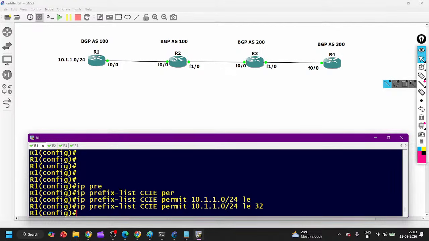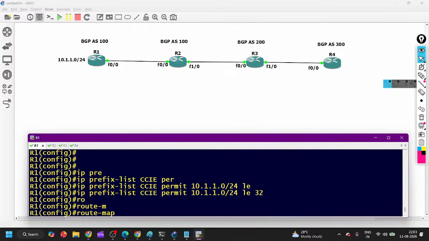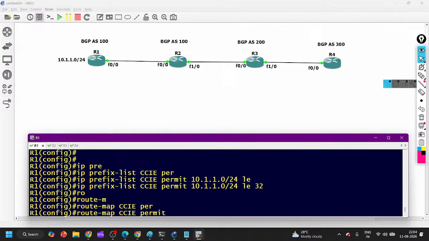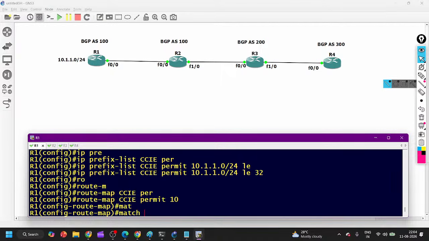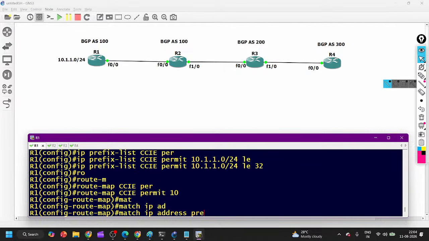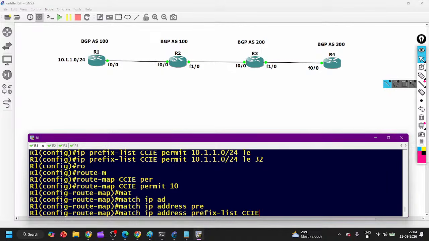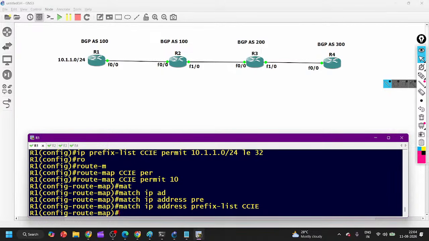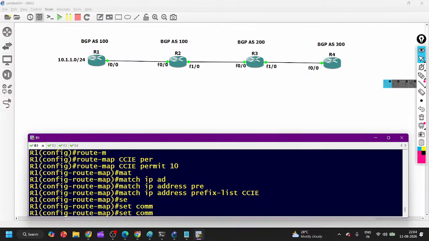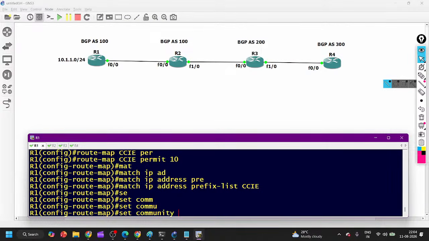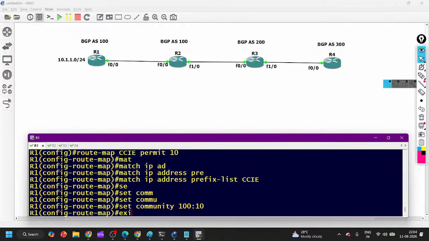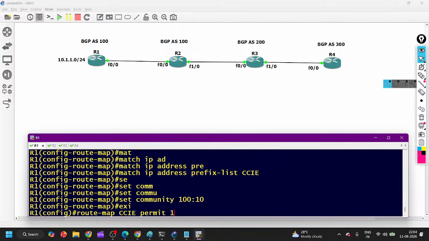ACL, it doesn't matter. Then route map. The name of my route map is CCIE, permit, sequence number 10, then match IP address prefix-list, the name of your prefix list is CCIE, and then set community, and here I will define the value, what community you want to set. Let's say 100:10, 100:10, exit, and in the same route map I am going to permit